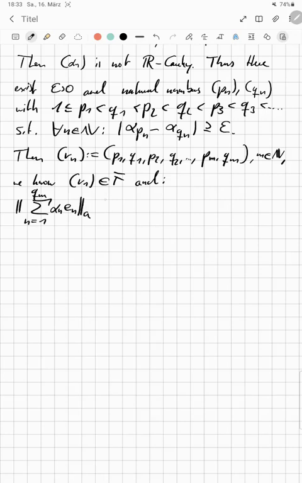Well, this is certainly greater or equal to 1 over the square root of 2 of z of alpha Rn. This is per definition of the norm, and that's the same as 1 over the square root of 2 of